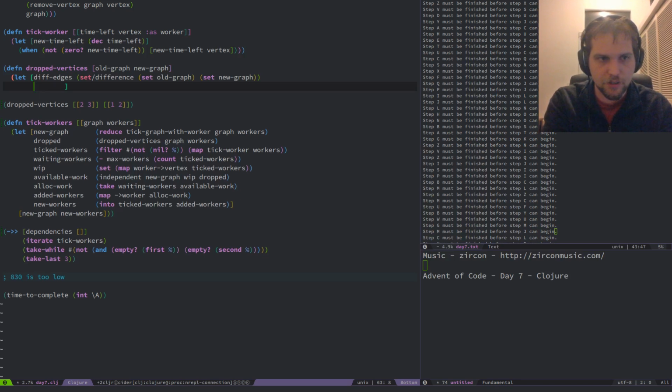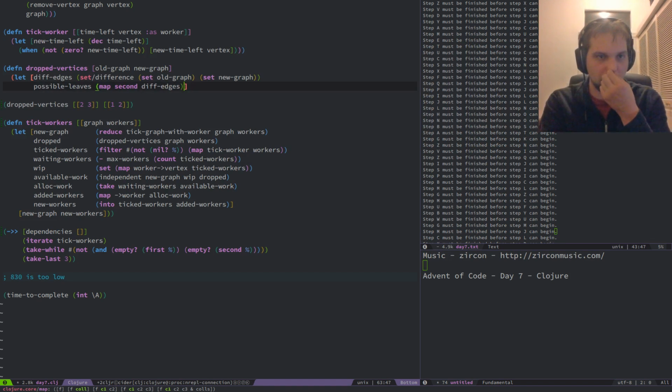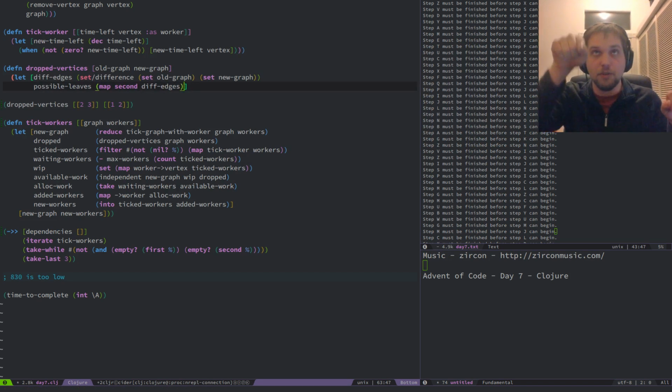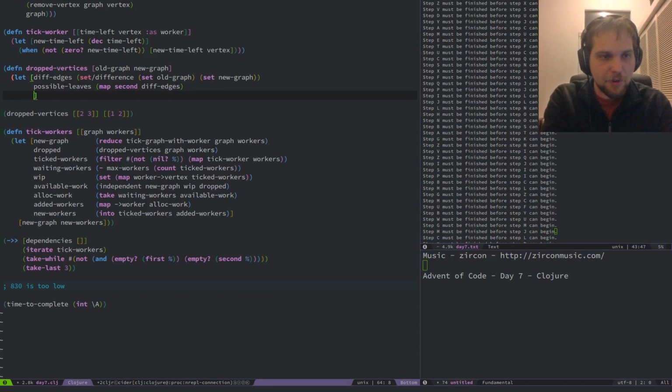And we're going to get, let's see, possible leaves is mapping second onto the diff edges. So we're going to get all the things that were removed, that were being pointed to, that may have been removed from the graph, and we're going to see